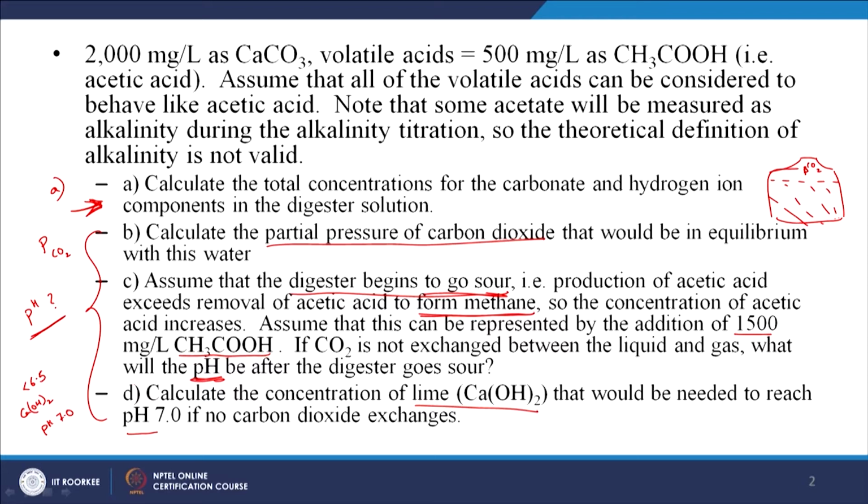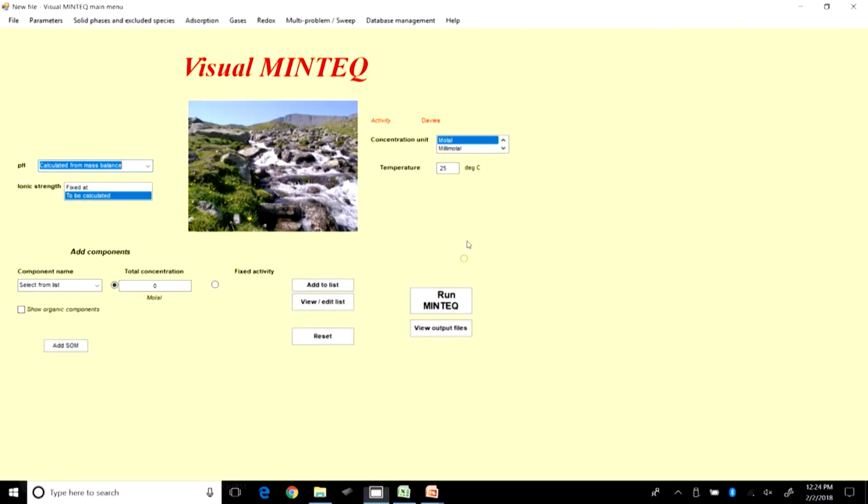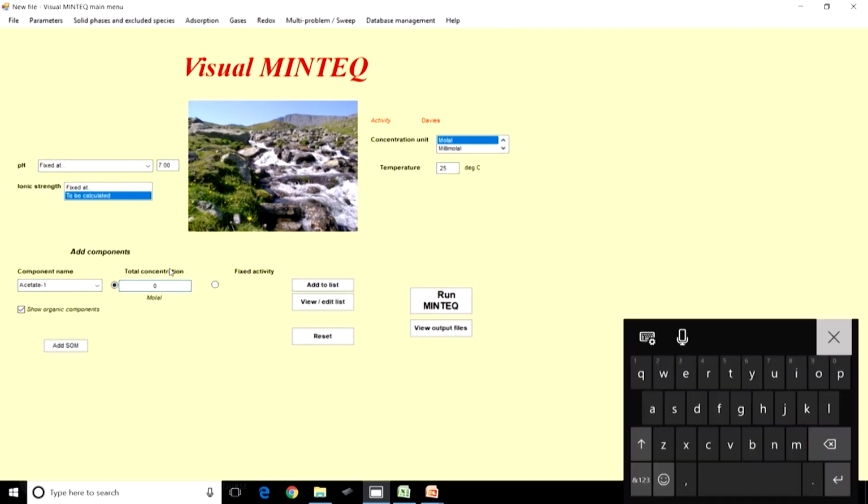So here obviously we calculate the partial pressure of carbon dioxide that would be in equilibrium with this water. That can be achieved just by plugging in the values from the last time. I believe I should have stored them and not removed them, but let me see if I remember how to do so. So earlier I believe pH was fixed at 7, right. And what else? We need to have acetate concentration. We had acetate at 8.33, if I am not wrong,